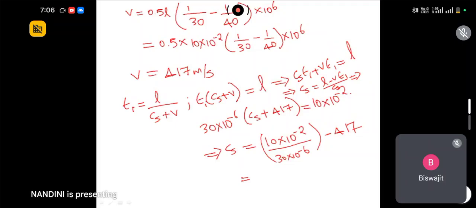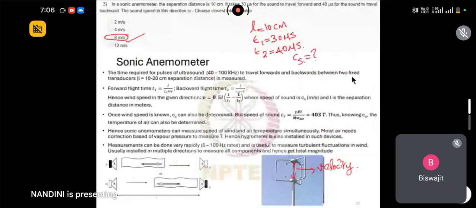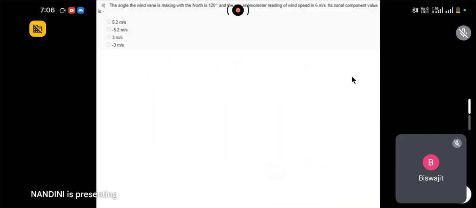Maybe. Not sure. I think something is wrong. Either we are doing something wrong or something is wrong with the question. Anyway, try to solve it later and just let me know where we are actually wrong. Anyway, the answer is given as 8 meter per second, and these are the equations that should be used. I hope the equations are clear and the concept is clear. Fine. Now the next question is,